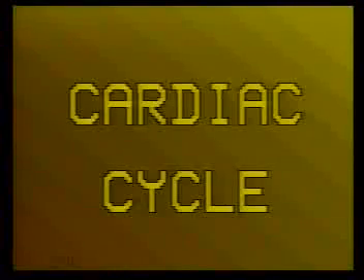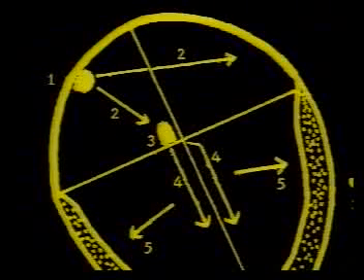The cardiac cycle, or the chain of electrical events that occur during a heartbeat. The process of depolarization begins at 1, that is the SA node, passes to the atria, that's number 2, and then at 3 it passes across the AV node to the ventricles. In the ventricles it travels along the right and left bundle branches marked 4 and then through the Purkinje fibers